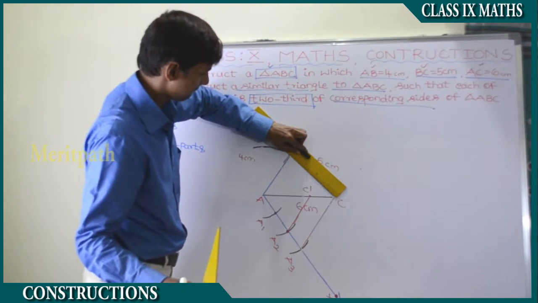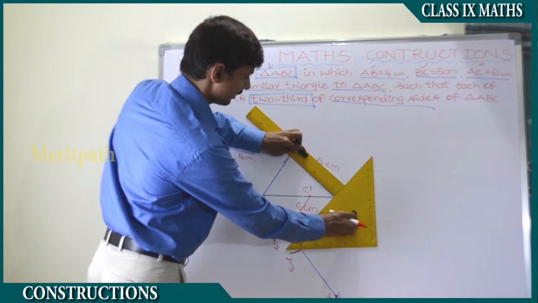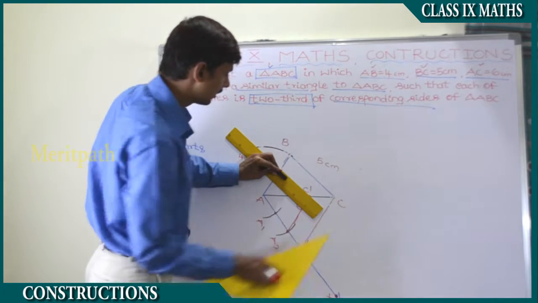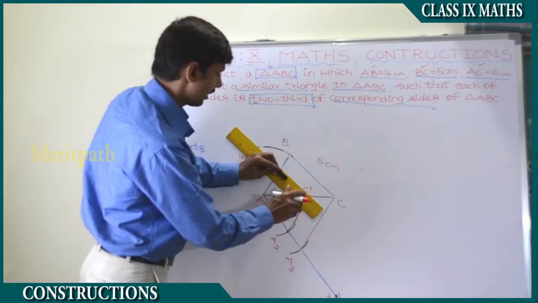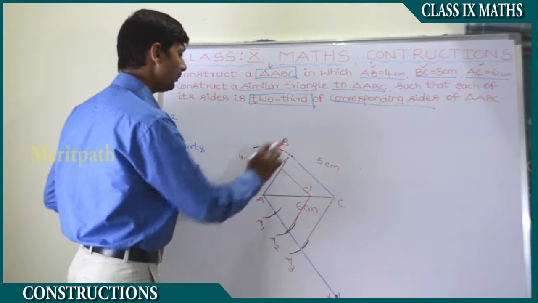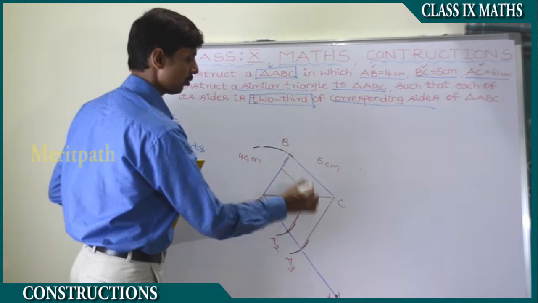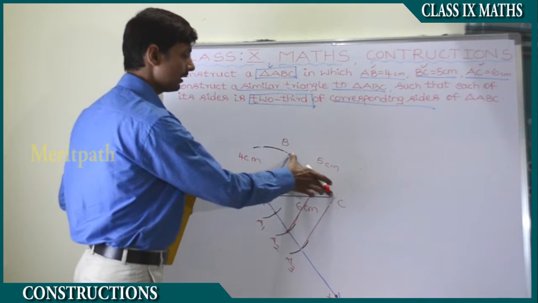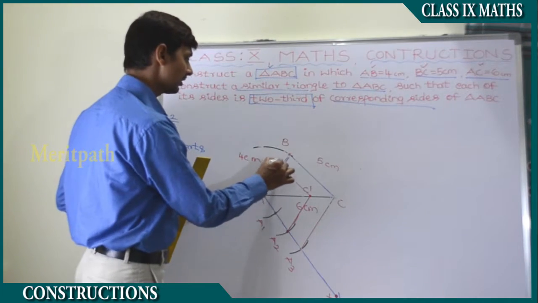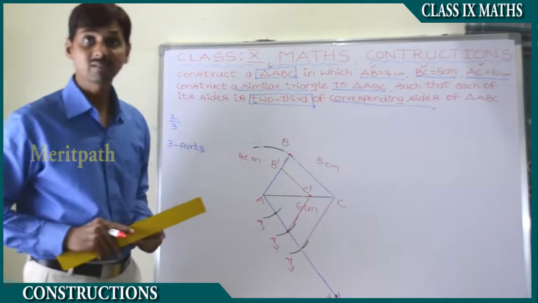The set square is here on the base of the ruler. Let's move towards C dash. We have moved. Then after we got this line, just draw a line through C dash which is touching AB. It's touching AB using the point C dash, and we're drawing a parallel line for BC. And then we got here this point, B dash.